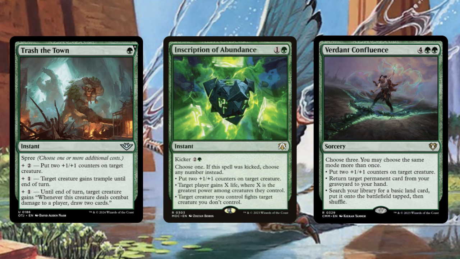Inscriptions of Abundance. Now with a kicker spell, you're going to copy each effect that you chose when you kicked it whenever you copy it. So as long as we pay the kicker cost, we get to put 2 counters on each creature, we get to gain that life, and then we get to fight creatures we don't control. Verdant Confluence works exactly the same way. Every option we choose whenever we cast the original is going to get copied by the copy of the spell